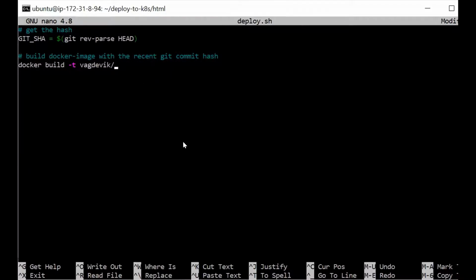So I want to give the image name as static-website-k8s: So after this colon, we need to write the tag. So the tag is, as discussed previously, this is going to be the tag. Okay, so dollar, paste it, because this is an environment variable.